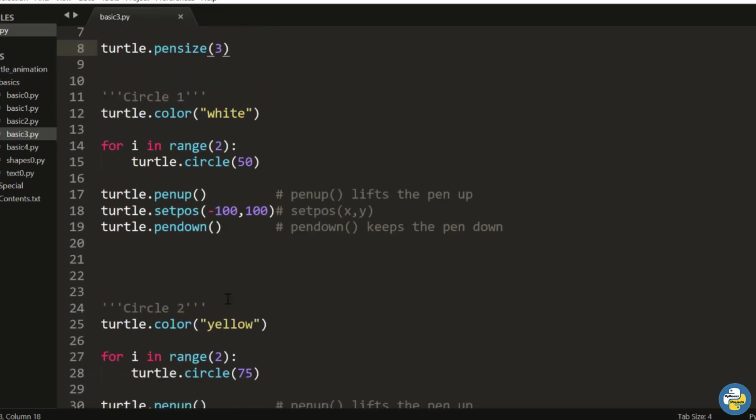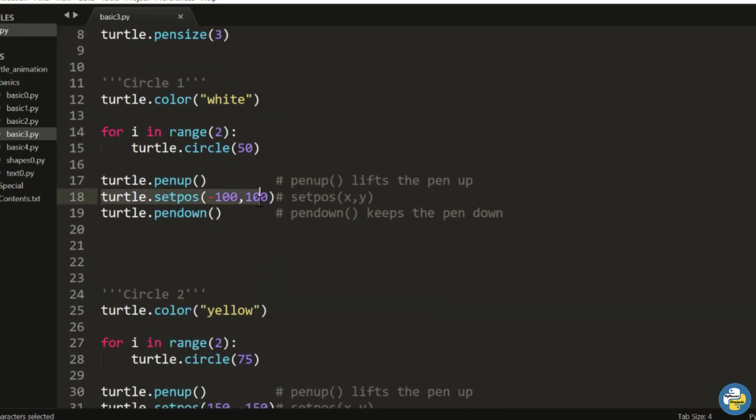The main function here is setpos. Here you have to pass two arguments, x comma y, and it will move to that point in your turtle screen or turtle window. Additionally, penup and pendown are used so that no one can notice that our turtle has moved, so that it cannot make a line while moving. So penup will lift up our turtle and pendown will put it down after going to a new position. These functions are used along with set position.